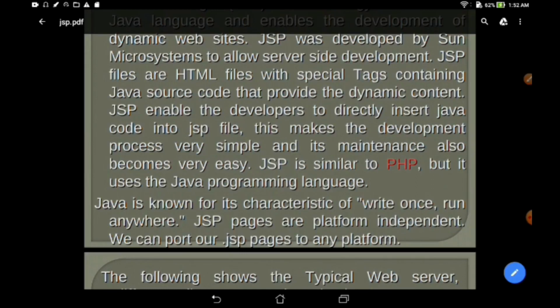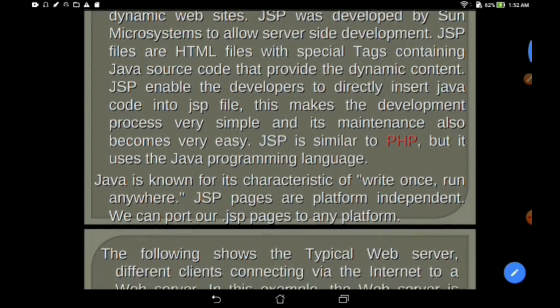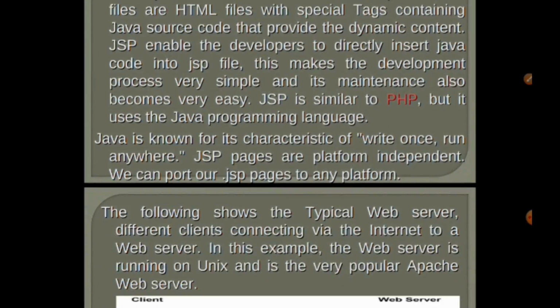JSP is similar to PHP, but here JSP uses the Java language only. The main characteristic of Java is that it is platform independent, which means it works anywhere.